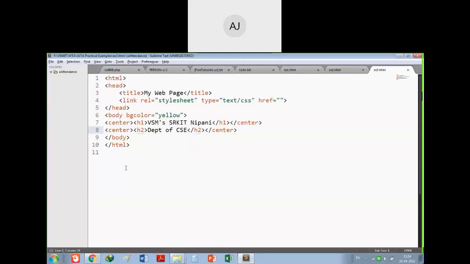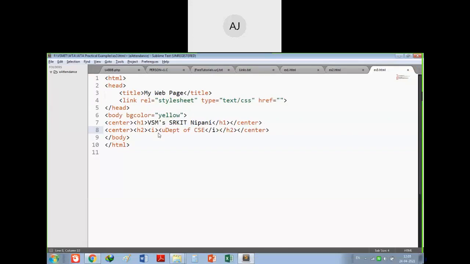If you want to make some modification, follow the nesting of elements. h2 is open, h2 is closed, then center is open, center is closed. I will make it italic, then you close this italic wherever you opened it. Italic is closed. I want to make it bold, but h1 to h6 are almost all bold, so don't go for making bold.